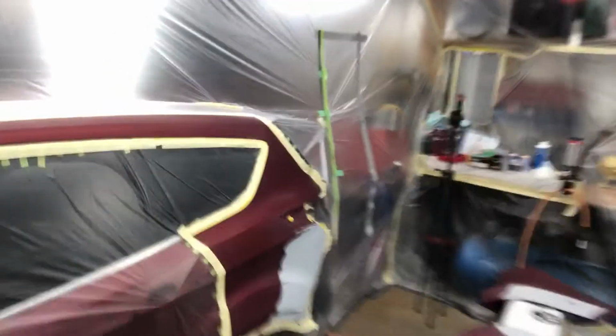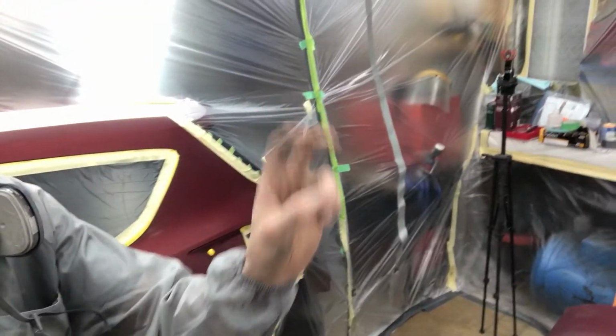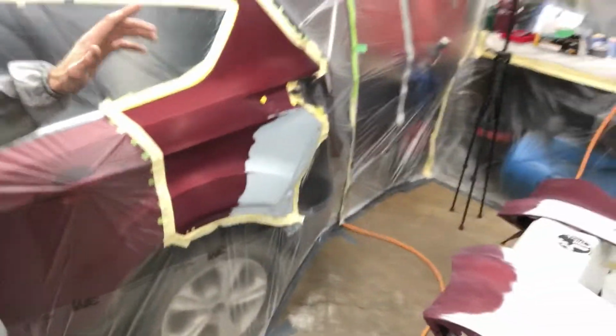Well, guys, we have built ourselves a beautiful tent. As you can see, we are completely sealed in here. Got my door sealed off. So we've got our fan down there, filter up here. Got our parts in. They've been wiped down with the M600. Last thing I have to do here, I'm going to do my final wash, but